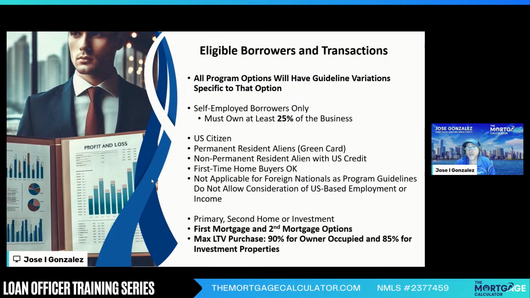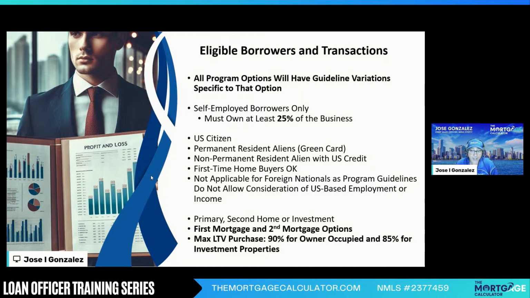Now, what are some of the eligible borrowers and transaction types? Well, like stated, this program is for self-employed borrowers only. Most guidelines require the borrower to own at least 25% of the business. That seems to be the threshold in most instances to confirm that you are an actual business owner. Usually owning less than 25% of the business will not consider you a business owner, or at least self-employed in that manner. Again, remember that all program options in non-QM have their own guidelines that are going to be specific